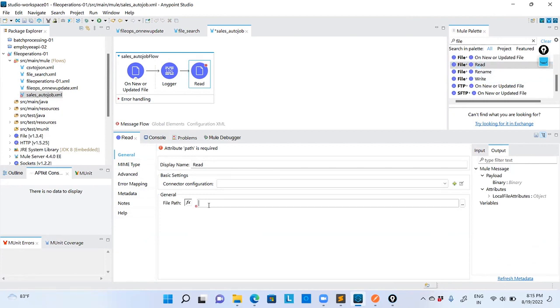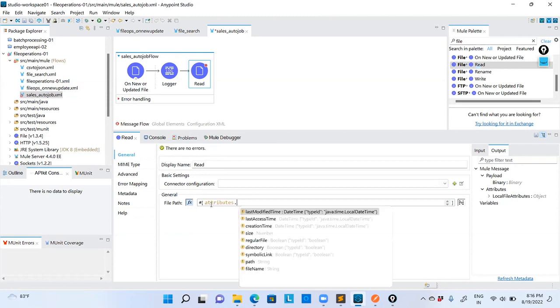Attributes. Tell me. Payload. We need to add it. Payload or attributes? Attributes. That's it. One second. Attribute dot file name. File name or path, which one do I need to pick? Path. Why? Because the path